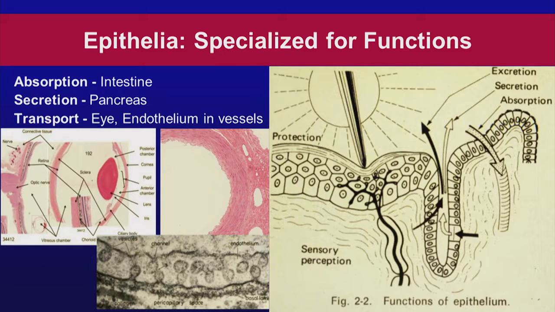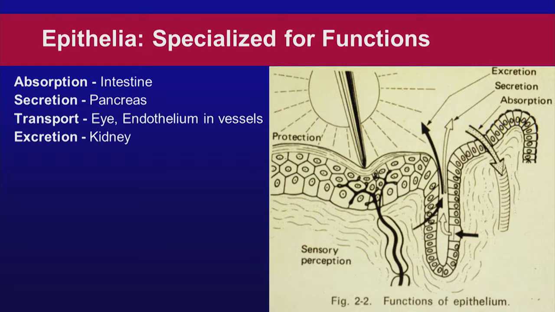Also for transport. In the eye that we see on the left there, we transport light. It goes through there. Also, the next one is a blood vessel. And the little spaces that we see are smaller blood vessels, could be a capillary. And at the bottom, we see the little vesicles that are transporting through the endothelial cells. So transport is one of the functions of epithelium. Excretion in the kidney,